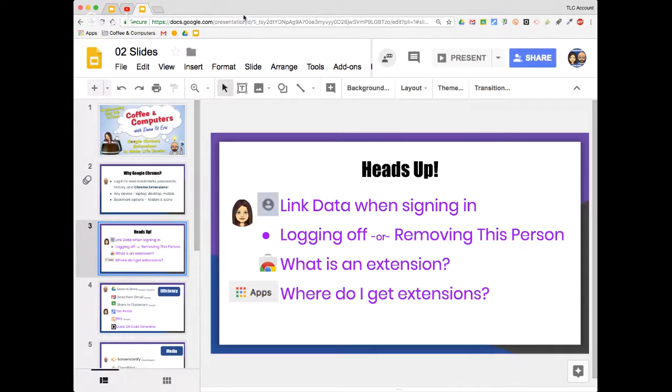It will bring in all your bookmarks, all of your extensions, everything that you have saved, all of your passwords that are saved. So keeping that in mind, if you are using a public computer, you want to make sure that you log off. The same way that you log in, you go up at the top in the corner and you click on it. You go to Manage People. And when you hover over it, 3 little dots show up. You can hit the button that says Remove this person. That will remove all of your data. It will remove